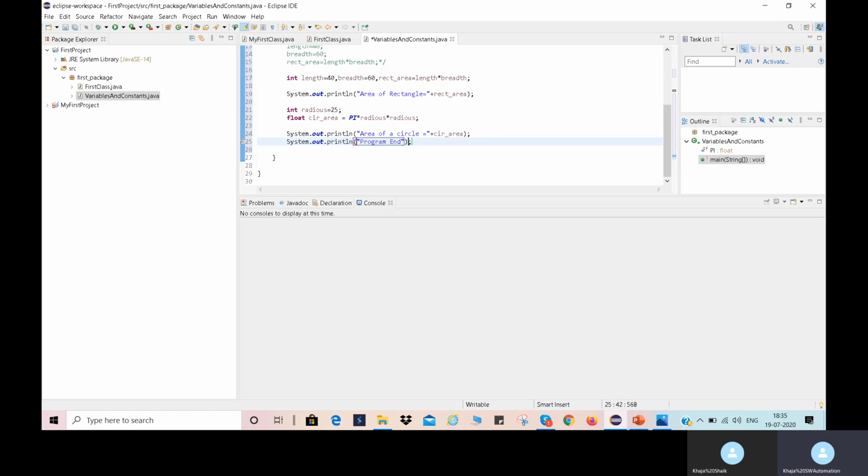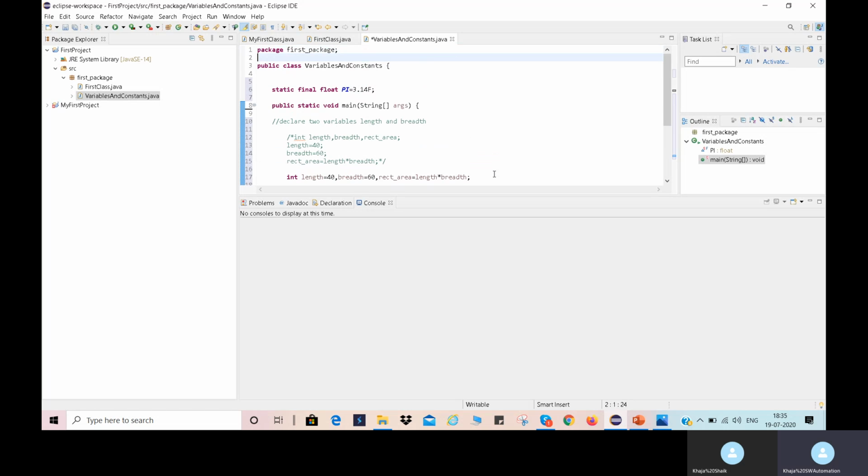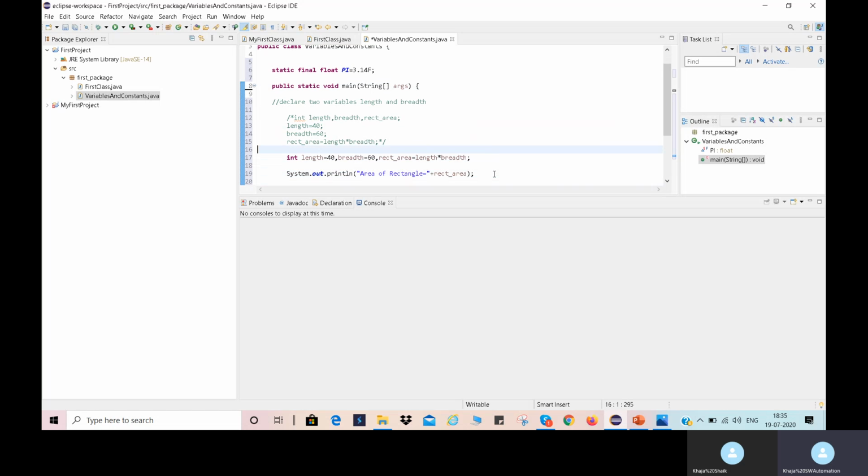So like this, here we will declare the variables and constants. Let me show you some invalid variables also. Let us suppose I am declaring int ABC underscore 123. This is a valid variable.